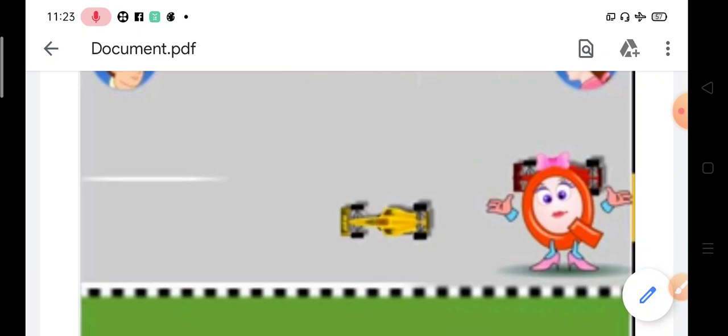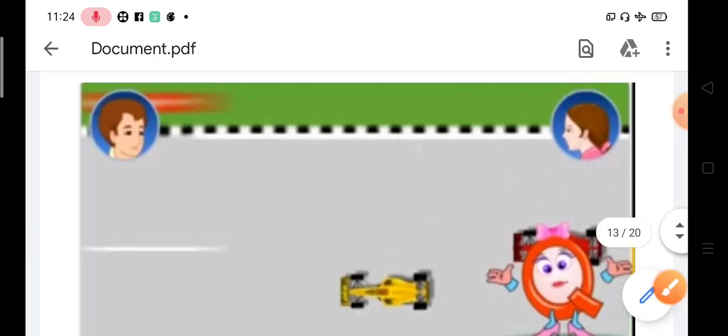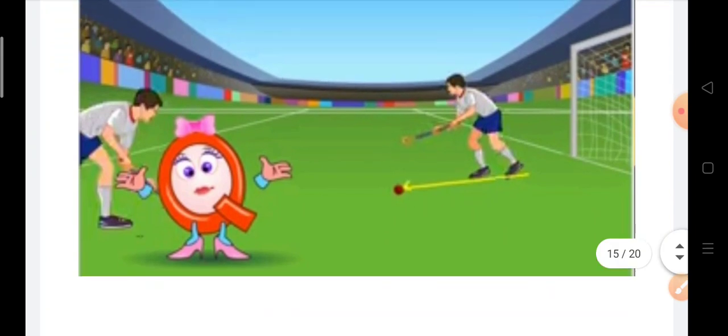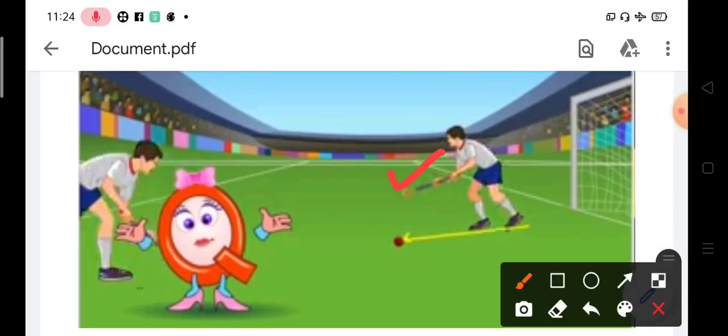The next one is the frictional force. Frictional force is what? When one body is in contact with another body, it resists or stops it. So the force exerted by one body on another body to resist the relative motion between them is called frictional force. This is what happens when we move on the ground. Okay, when any object is moving, take the hockey ball here. You can see that this ball is moving because this boy had struck the ball. Now this ball is moving.